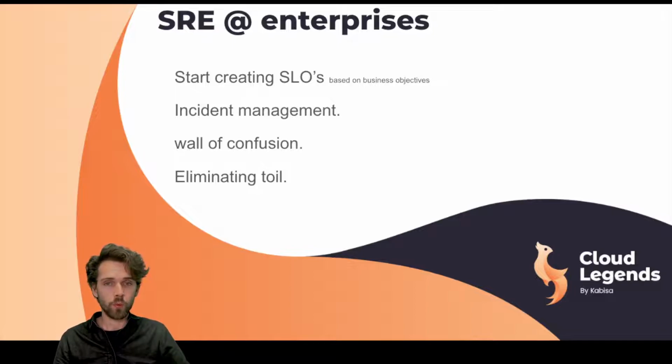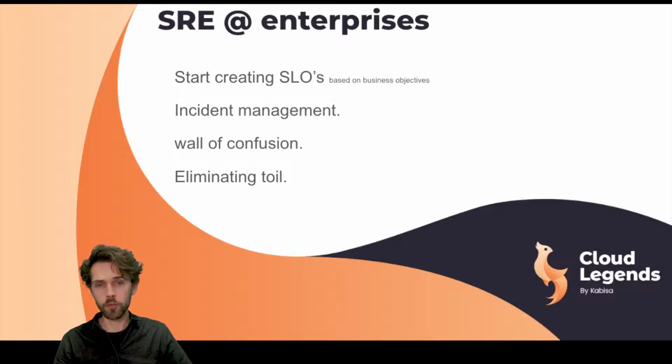So what can SRE do for your enterprise in the short term? Well, the first step for anyone interested in getting started with SRE would be to start creating SLOs, service level objectives, together with SLIs. Another approach would be to look into the incident management. Are there many recurring issues? Maybe the postmortem method can help. Maybe there's not enough psychological safety, and that could be an area of attention.